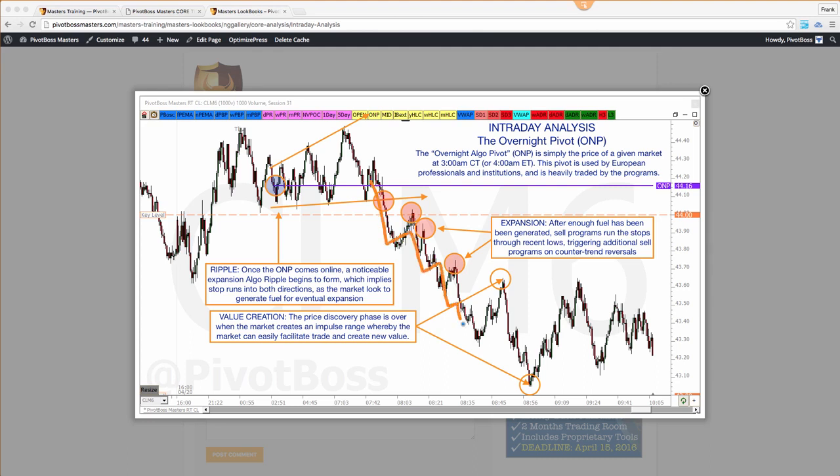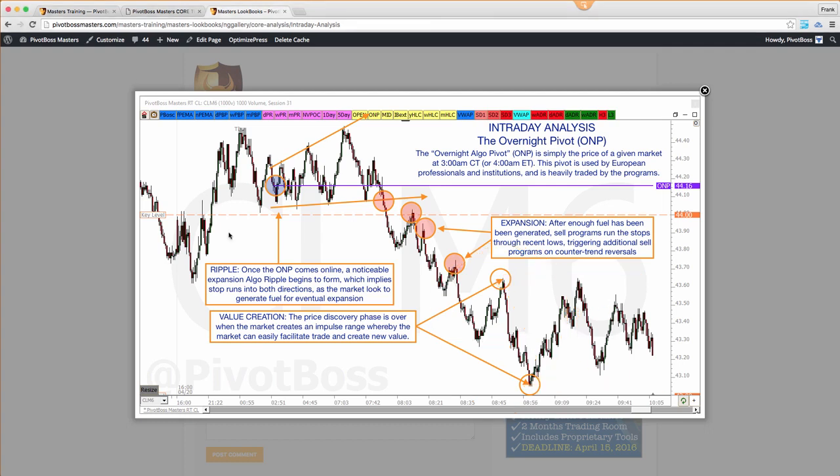The price discovery will continue trending downward until you see the impulse range develop that sets the tone for new creation of value. That's one thing I'm always looking for: once prices are in a price discovery phase and they're trending, they're going to stop going down whenever you find a low, bounce and find a high, and then you're going to set that edge. That's what this is. Price found a pullback high, slammed down, and bounced back up. Once that happened, you found that impulse range, and now you have boundaries to trade off of.